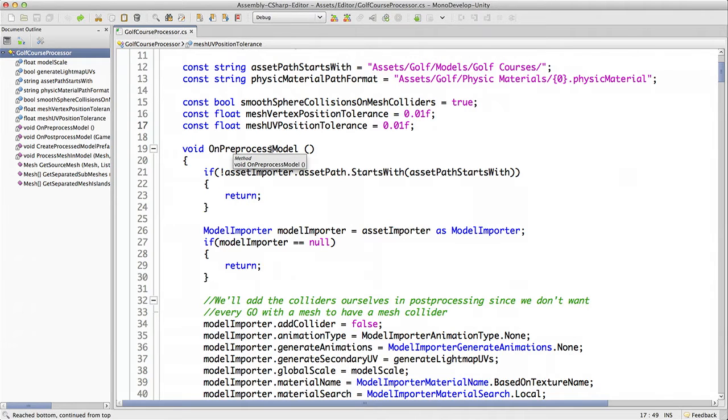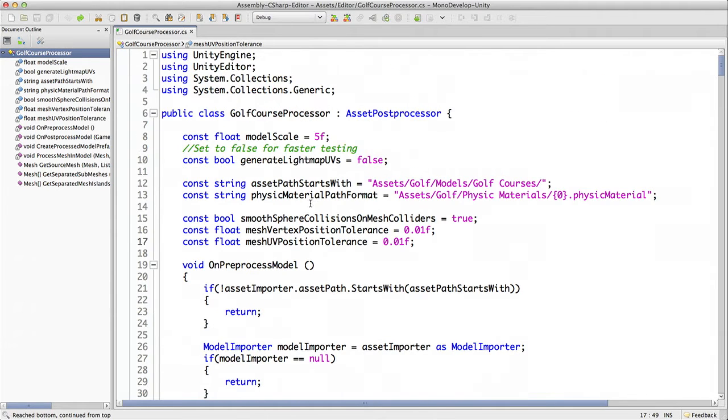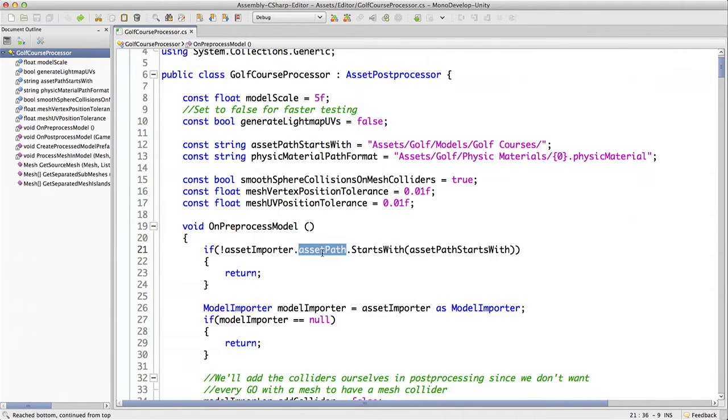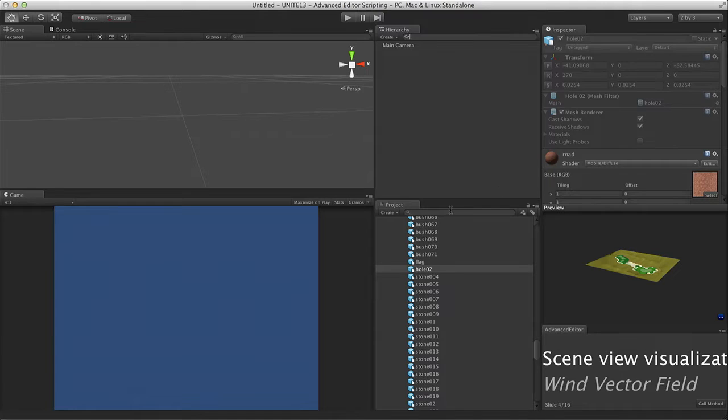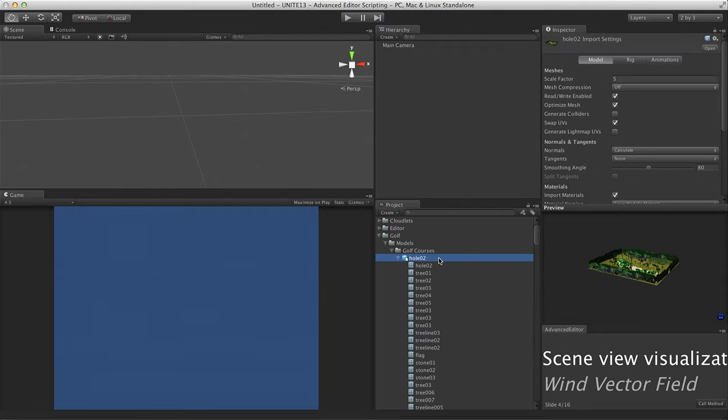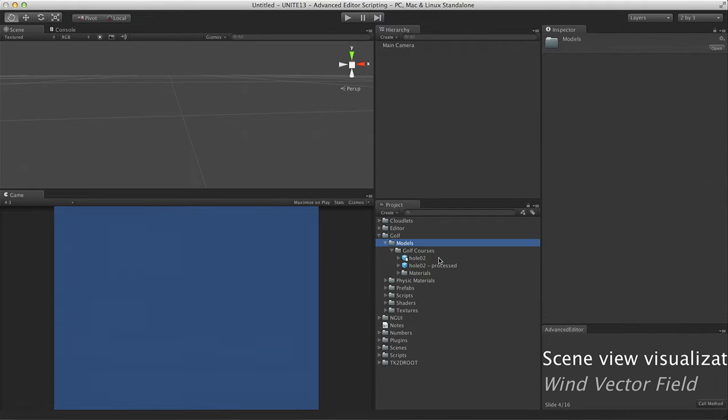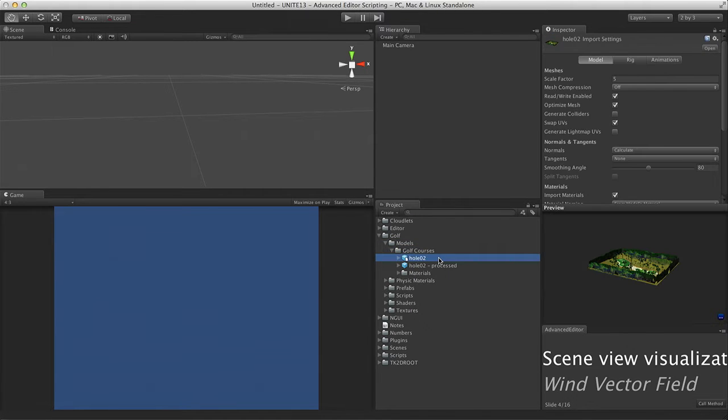But for me to know whether it's a golf course or not, the way I do that is by looking at the path of the asset. So in an asset postprocessor, you can access the asset importer, and that has the asset path, the path of the asset that's being imported for this callback. And then we check whether that asset path starts with a specific string, and that is right here, Assets, Golf, Models, Golf Courses. And if you look in the editor, that's where our golf course model is actually located: Golf, Models, Golf Courses. And then any model file that I put in here will